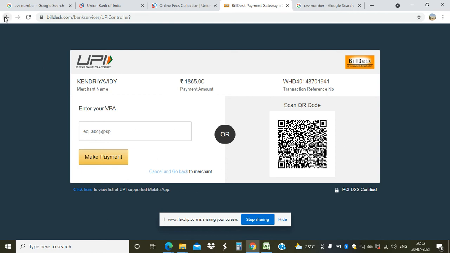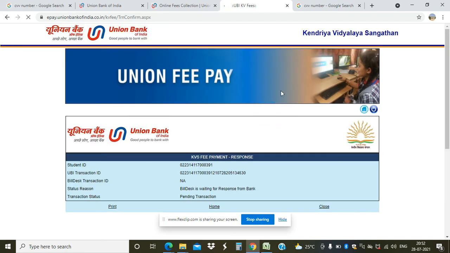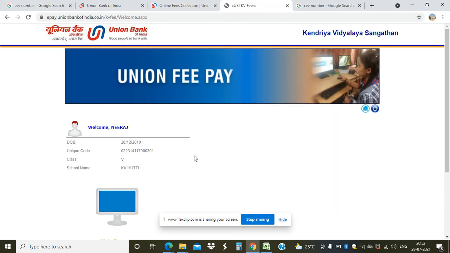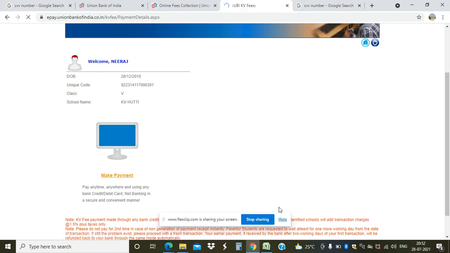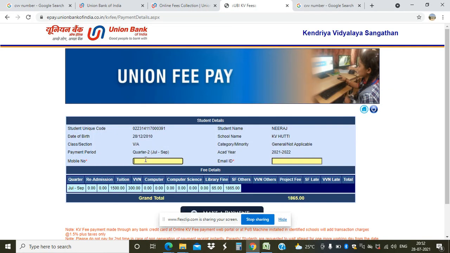And one more option is there, the final one, which is UPI. So here again, go to the home, make payment, mobile.